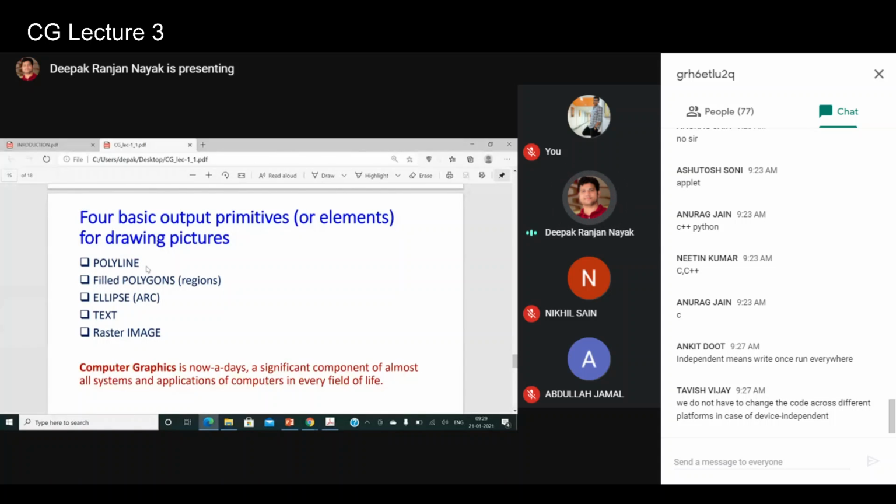Just a second. When we talk about a line, let's say we have two different points, x1, y1 and x2, y2, and we know how to draw a line if two points are given, right? If we have n set of points as point 1, point 2, point 3, point 4, point 5, I'm going to explain right now what a polyline is. If I connect from point 1 to point 2, then point 2 to point 3, then point 3 to point 4 and so on up to point n, this becomes a polyline, and it has a lot of applications, because a line is basically